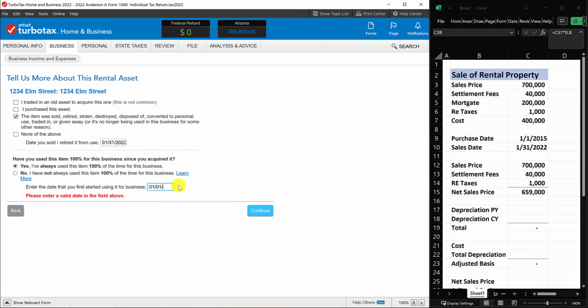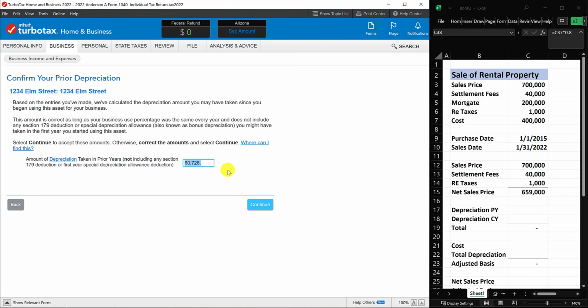Obviously, in a real world situation, it's possible that you didn't buy it and rent it on the same day. So whatever day you started renting it would be the date you would put in here. I'm just going to say it's the first day of 2015. Okay, here we go. Now, here is where TurboTax tells you what the depreciation is, or what it should be